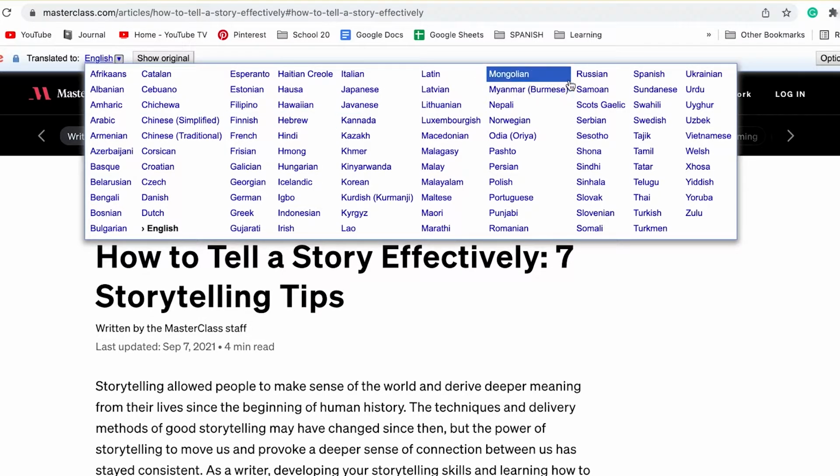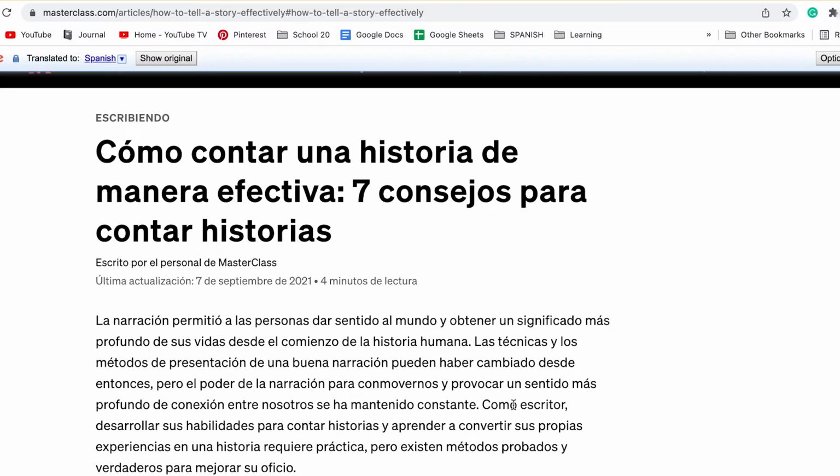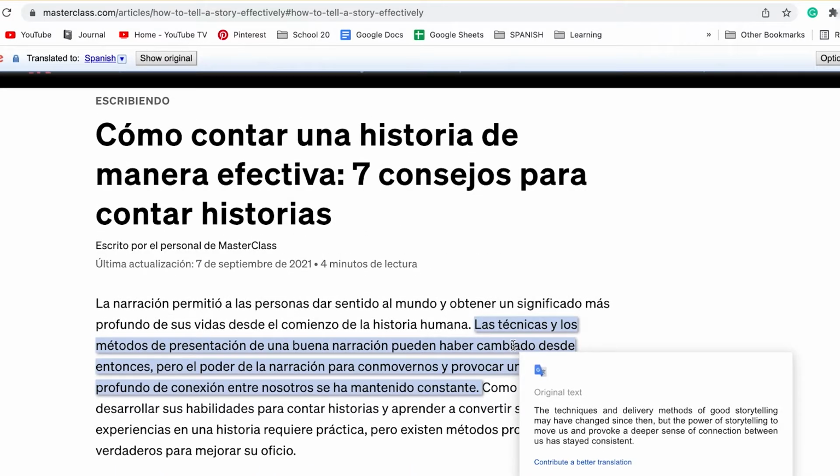Of course, the translations aren't going to be 100% accurate because some things cannot be translated, but it's going to be better than nothing. And you can even hover over the text that you just translated and it'll show you the original text. If you have an iPhone or an iPad, you can use the accessibility feature to have text